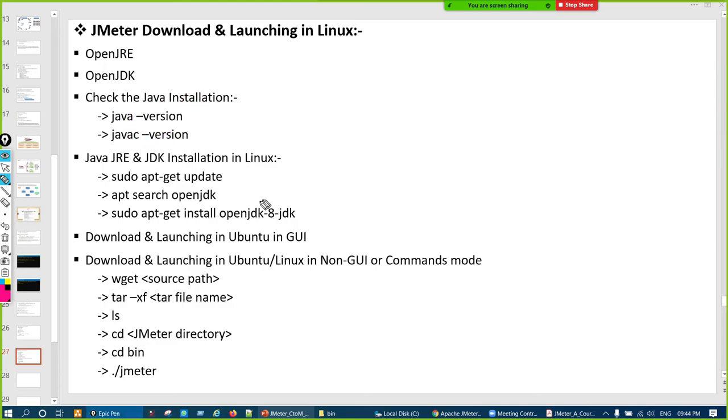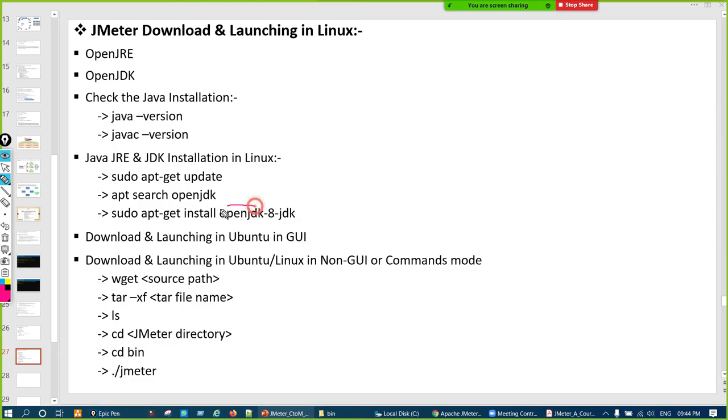If it is not installed, then type this command, sudo apt-get update. It will give you a list, and there you get the OpenJDK versions which are available. Then apt search openjdk to search it, and sudo apt-get install openjdk-8. Basically I think 8 is available.